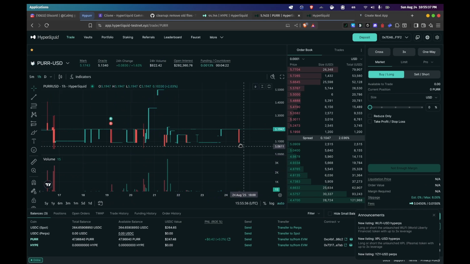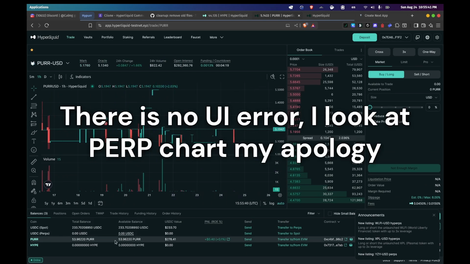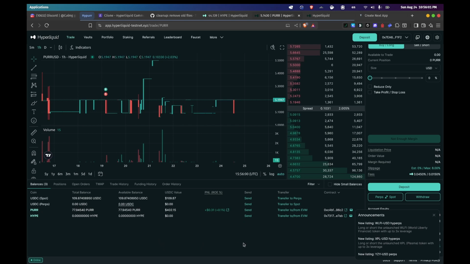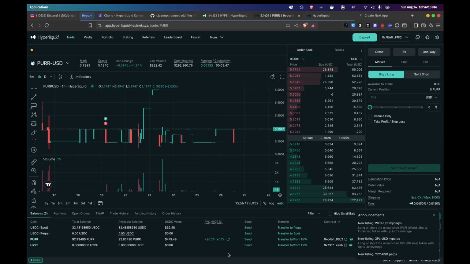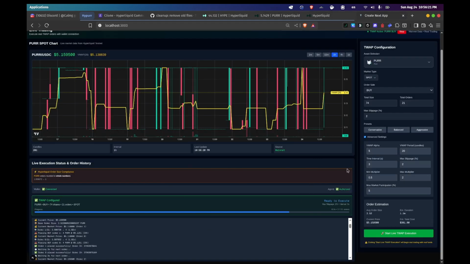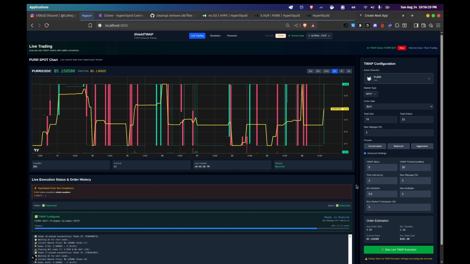This is probably a UI error. The buy order didn't show up, but you can see the perp asset is increasing. The perp asset is increasing, and our algorithm is currently working. It's buying the perp, and the volume of the perp is based on our algorithm. But yes, the UI from Hyperliquid didn't show that. All right. It's still buying, 21 orders, but I believe that is enough to showcase the Clione tool that I